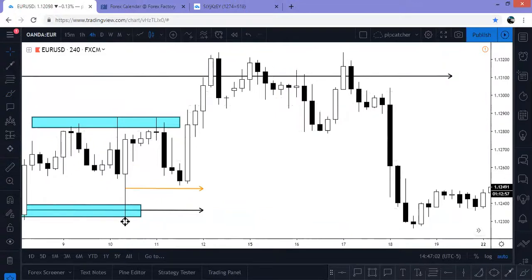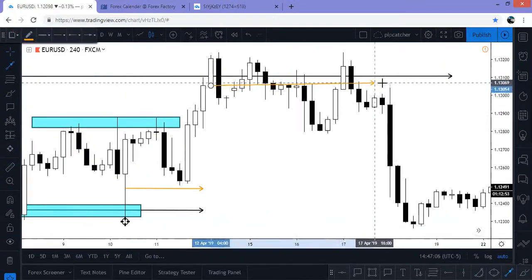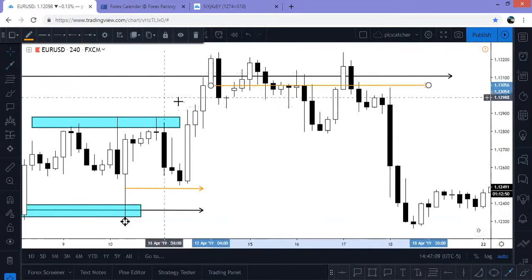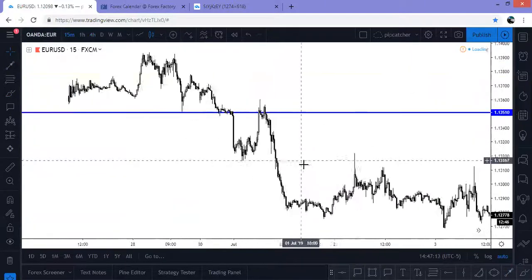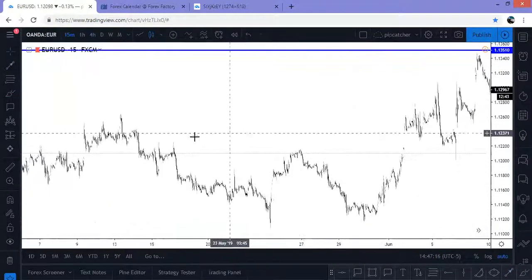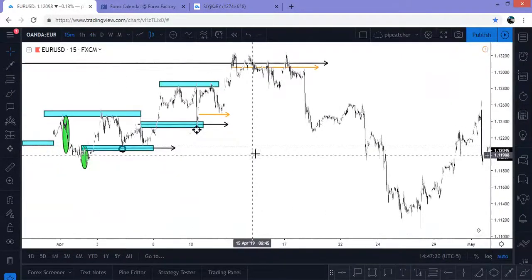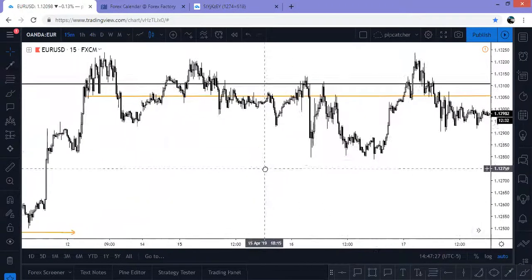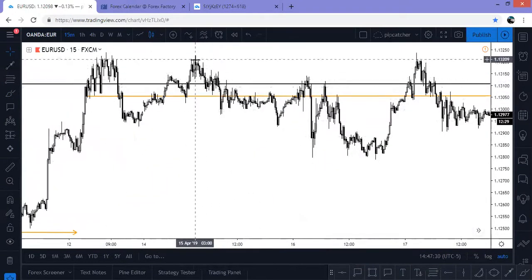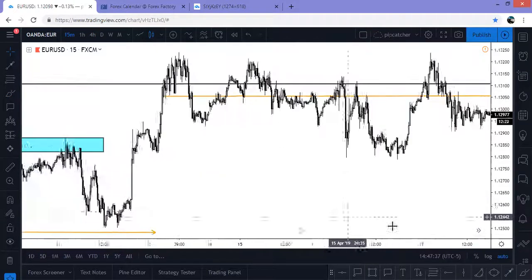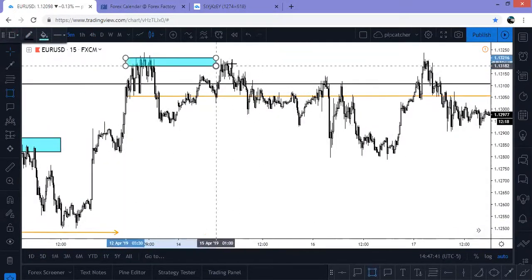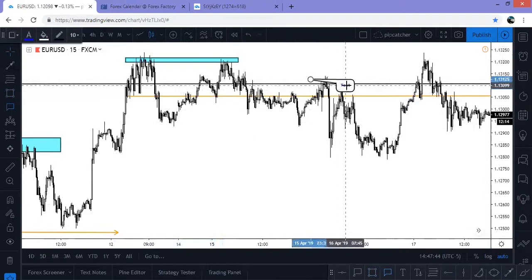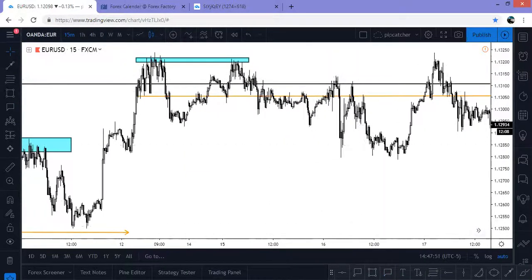All right, so look at this. Here is what I see as the last up candle before a down move on the 4-hour. So I want to go down all the way to the 15-minute and really dissect what's happening in the market right now at this area. Okay, so look, we see this really ugly consolidation. So what I'm seeing: one, there's equal highs right here. Two, there's equal highs right here that got created,